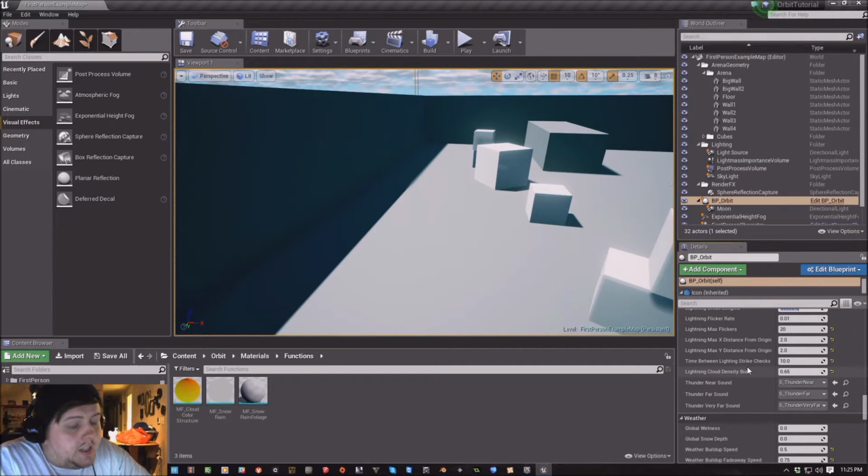And based on the length of that vector, it's going to set you up with a sound and a certain delay. So if the vector length is only like 200 meters, it's going to play the thunder near sound, which is just super pow, really close to you, loud, and it's going to happen right away. If you're like 2,000 meters away, it's going to play the thunder far, so it's kind of muffled, it's delayed a little bit before it hits your ears, and then very far is an extension of far, and just beyond